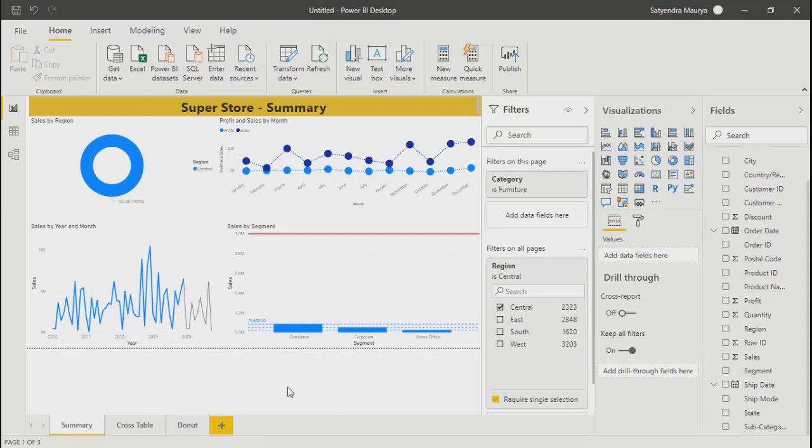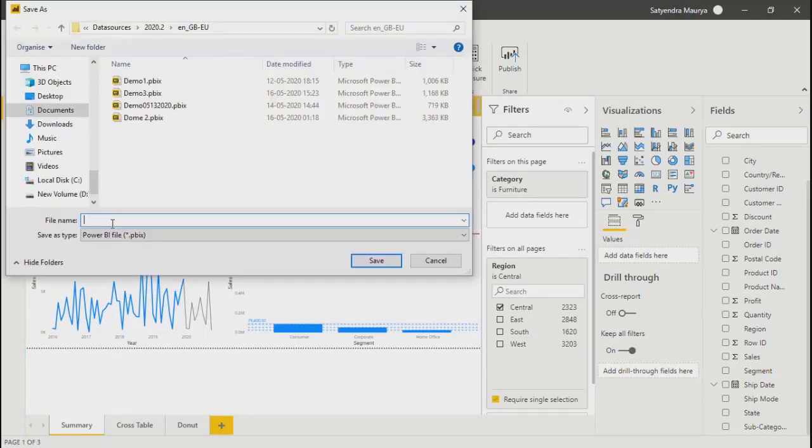Okay, now let's move ahead. Similar kind of other things which are available in Power BI to filter out your data is either parameter, or there is one more thing called slicers. So now I'll go ahead and show you the parameter. In order to create a parameter, let me just save it. Demo 3. Let me give today's date, 16th.